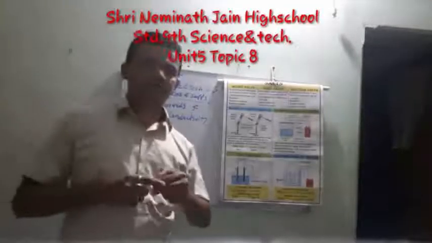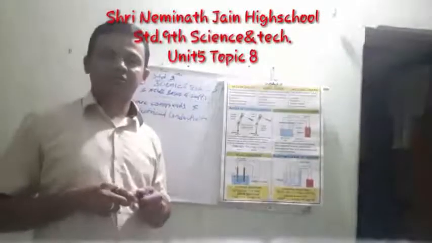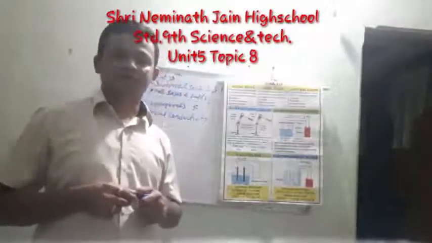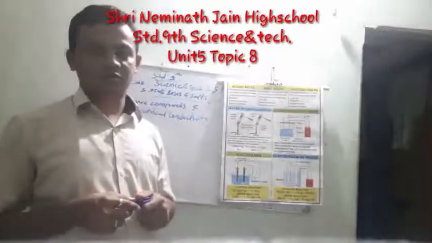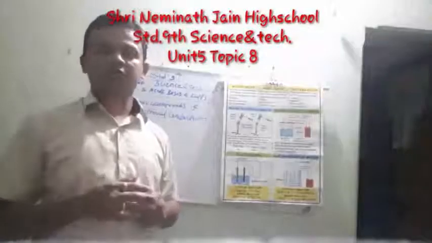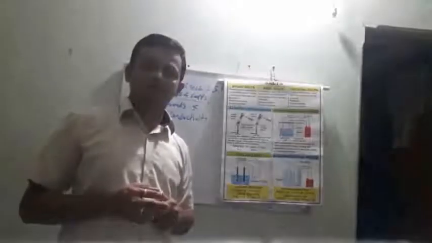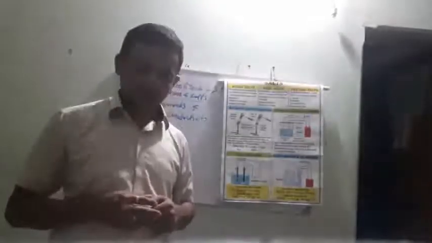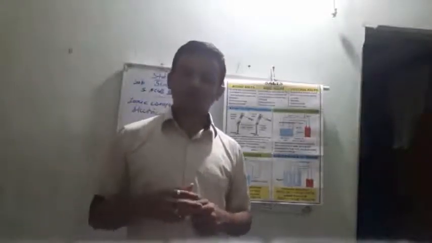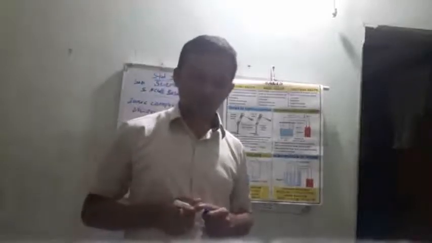Hello friends, we continue with our standard 9th unit number 5, acids, bases and salts. In this chapter we have seen about ionic compounds. There are three types of ionic compounds: acids, bases and salts. Also, ionic compounds have two main constituents, that are cations,